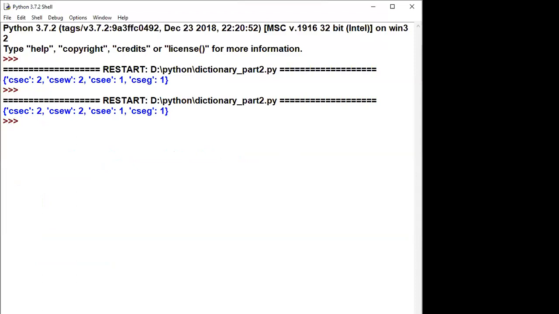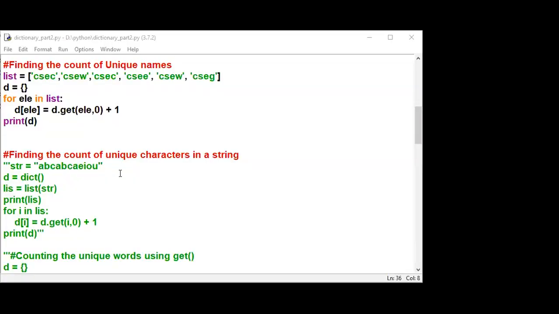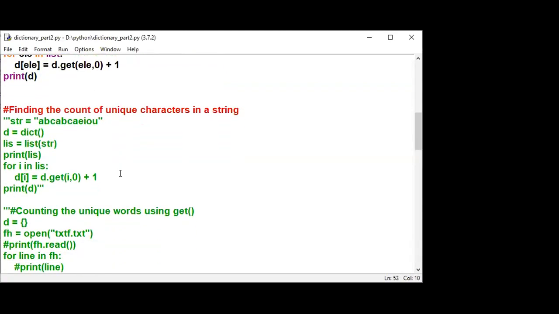Already we have well discussed the get method. Right? Next program. The similar logic we can apply for all the other concepts.